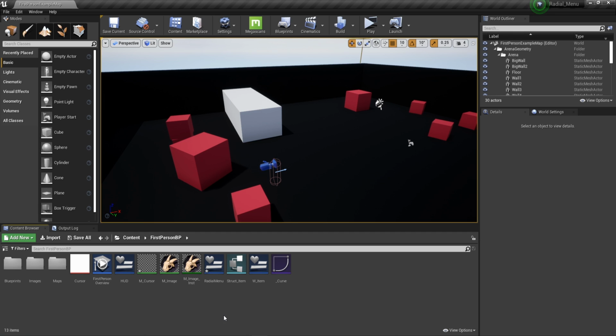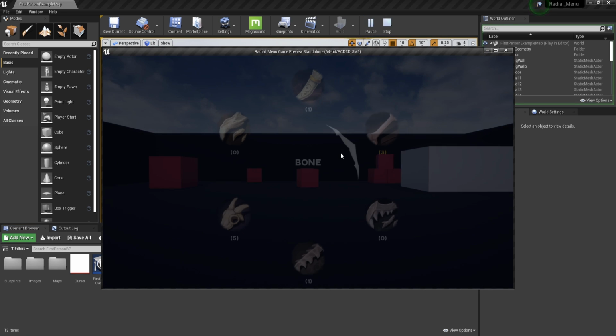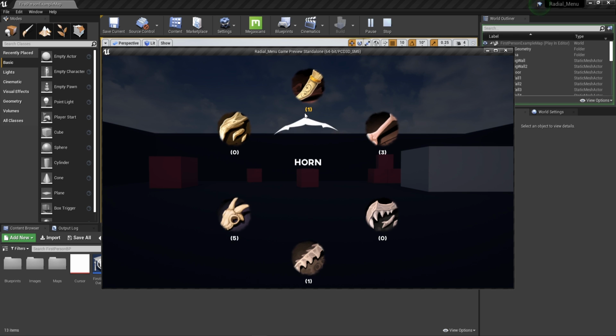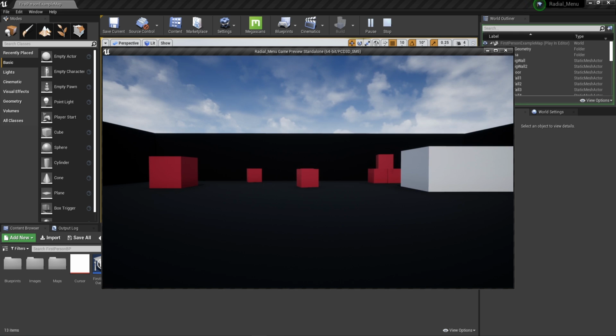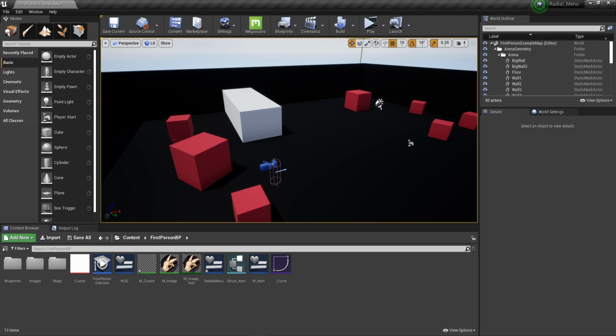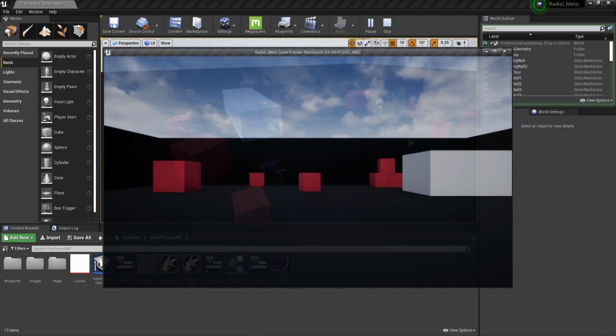Before starting, I want to mention that this is not going to be a complete tutorial, I'm only going to show what I have created, and in fact it's not even a complete system, you will still have to add functionality and whatnot. Before starting, let me show you what I have created. Once I hold down my middle mouse button, you're going to be able to select an item, you're going to see the name in the middle, the quantity below the image, and then this tint effect on the image. Nothing too special, but the system is there, and for the front end, that means how it looks, you